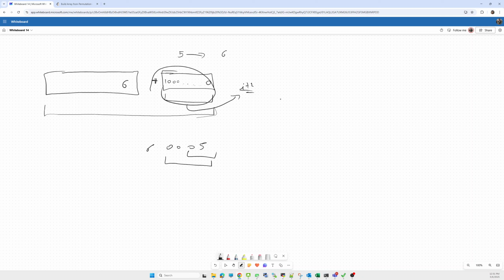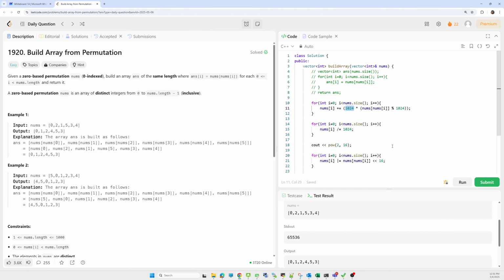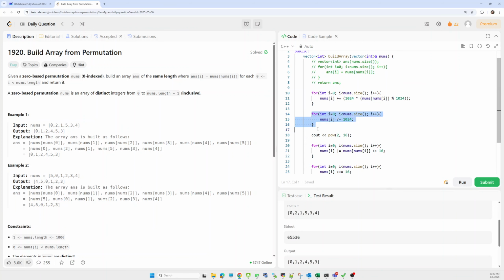We can either divide or right shift. Here we multiplied by 1024, adding the new element on that same index. Now when we have to get the original number, we take the mod of that. If we take the mod, it will give us the original number, because the original number is in the range 0 to 1000.